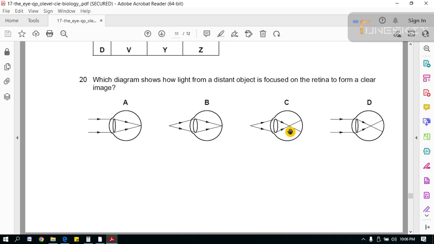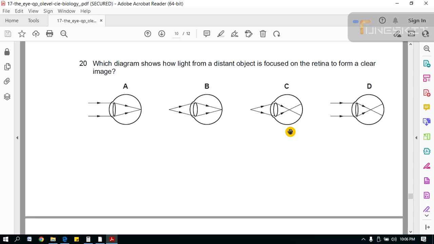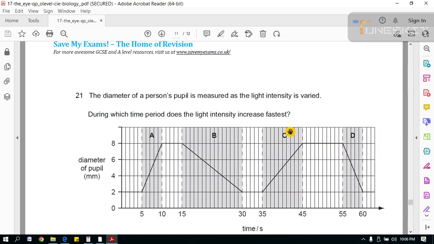So in the MCQ, the question has given you a condition, you are seeing things at a distance. So for this you have correct option A, right? Why A? Because the lens is thin, and the lens is always thin when you see things at a distance. Okay,